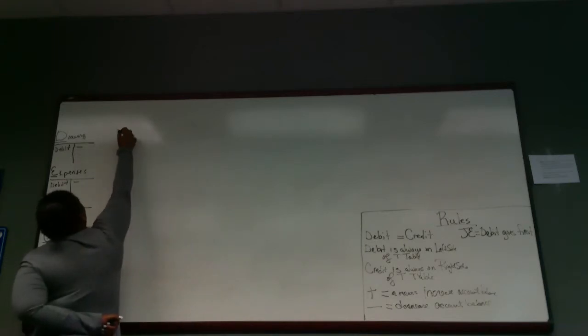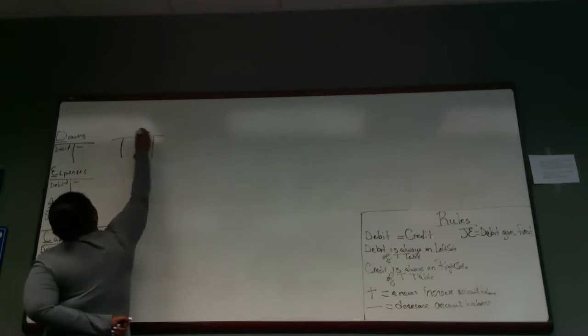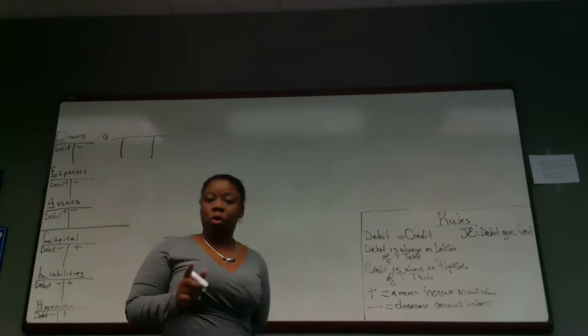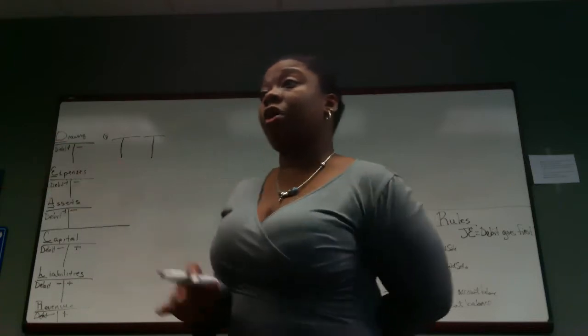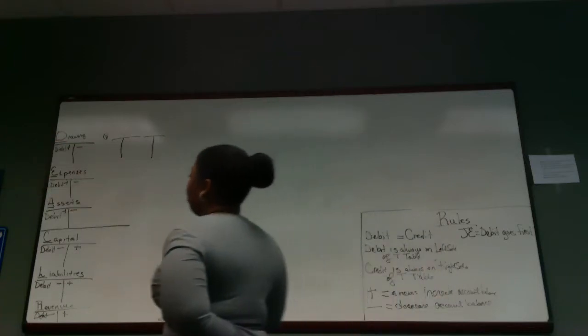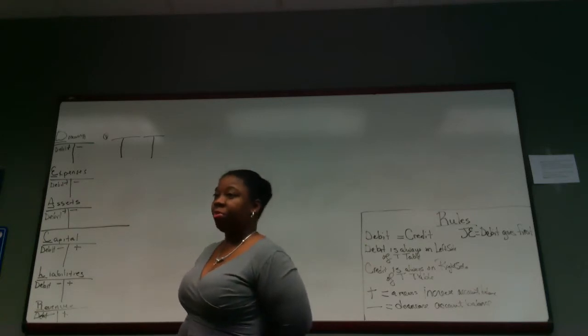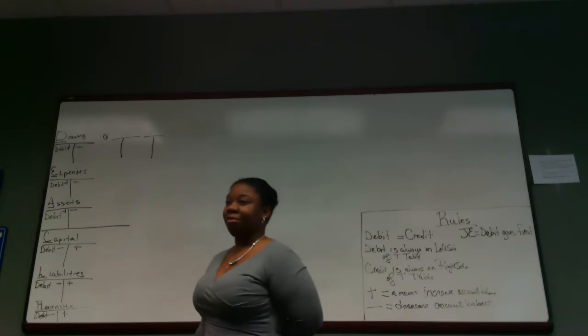So his first transaction: every transaction needs 2 or more T tables. I don't think they'd ask how many T tables you should have. It's 2 or more. You can have a million, but it has to be at least 2, because your debit must equal your credit. Right. Now, could it be 2 assets? Yes. You can have cash and supplies. Those are both assets. Okay, you can have like